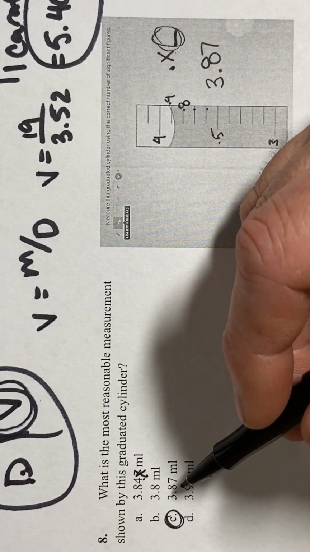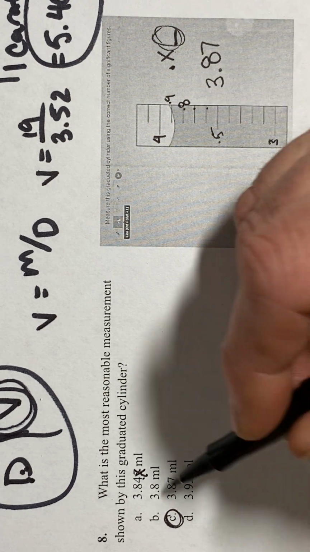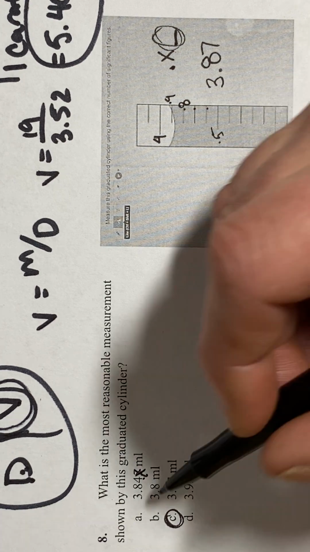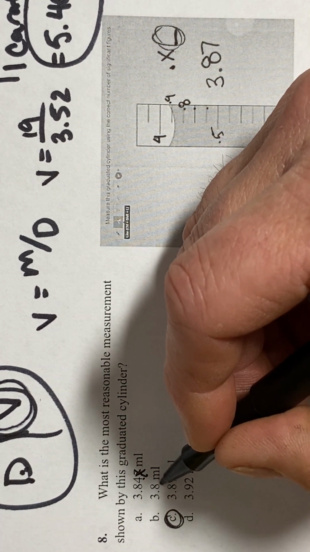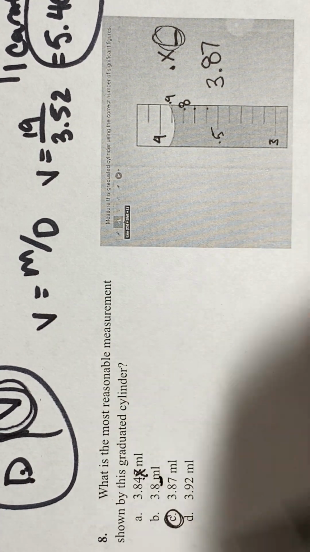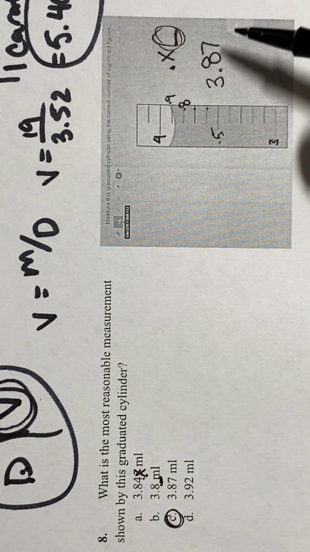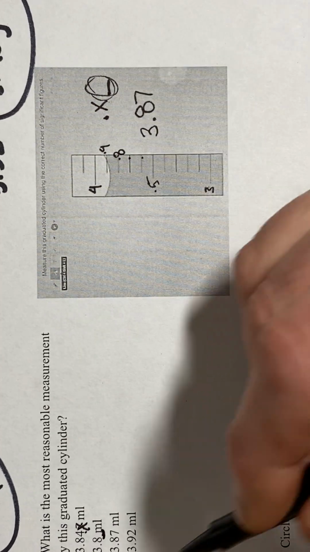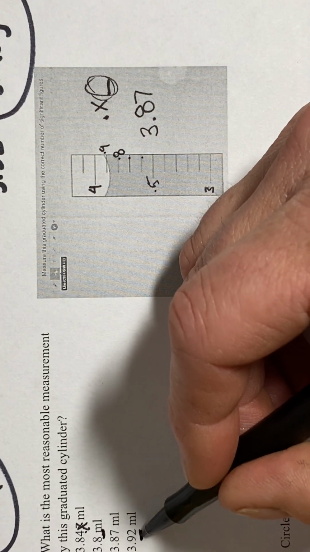3.8 is kind of just the other way around. We have a more precise tool than that to work with. So we have to carry it beyond 3.8, and we've got to put one more number beyond that 8, as I've explained. And then finally, D is not really a reasonable answer because even though it shows